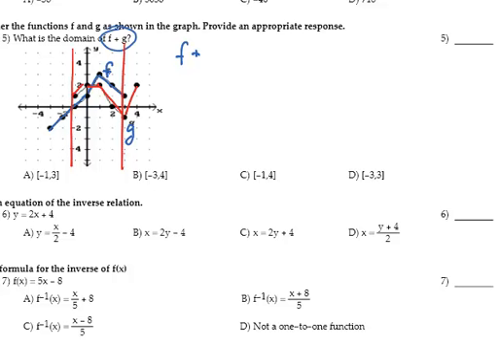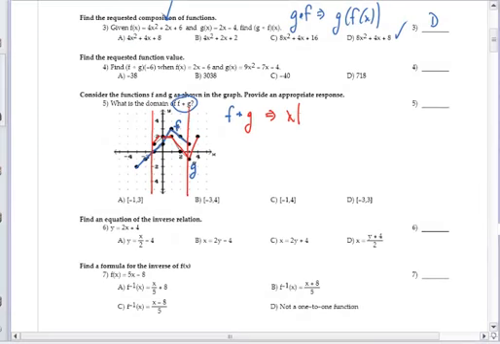So the domain on f plus g is going to be x such that x, well, let me do interval notation. I'll say it's going to be from, because the answers are in interval notation, from -1 to 3. That's where our domain would be for that function. So that would be choice A. So I'm going to write down choice A, and I just did number 5, and I totally skipped